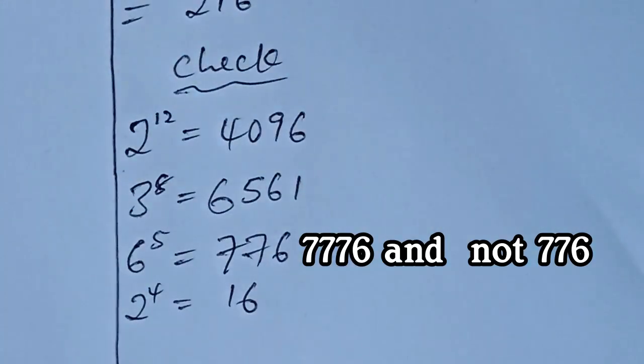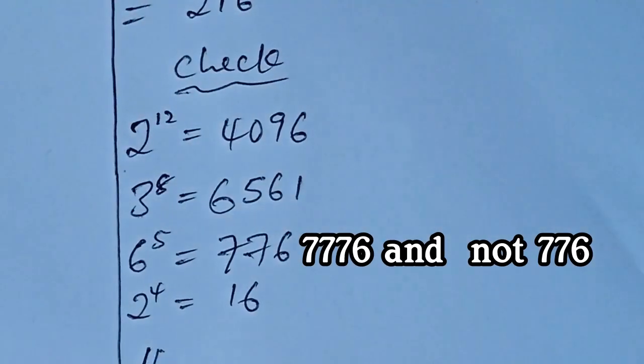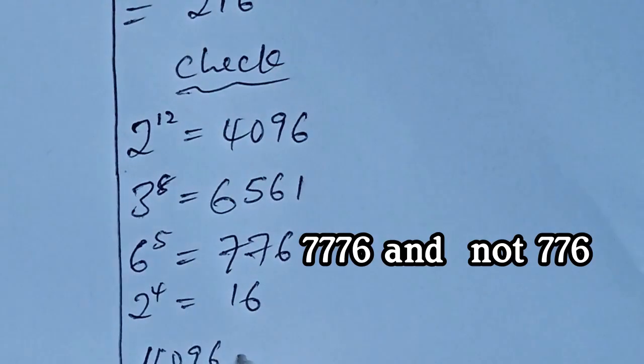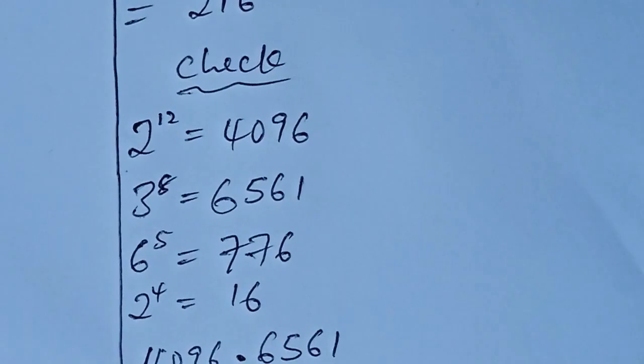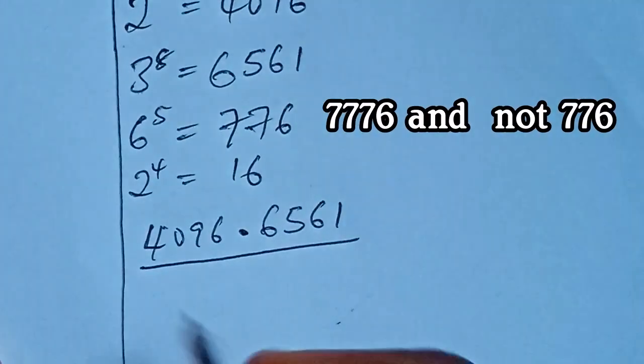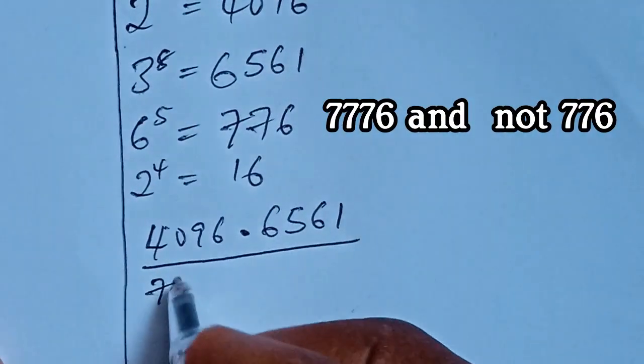So if we insert these values directly, we are going to have 4096 multiplied by 6561 over 7776